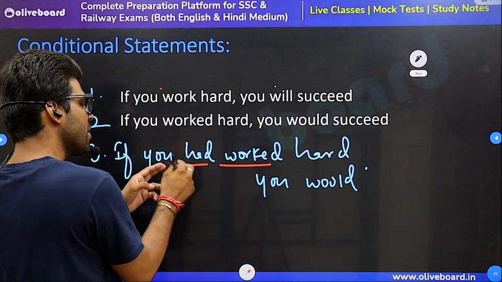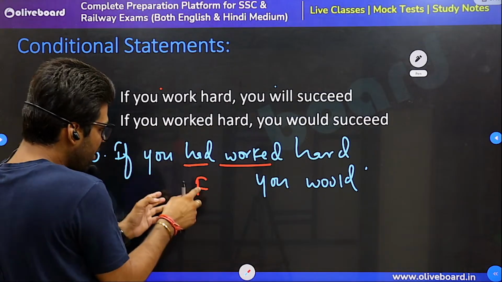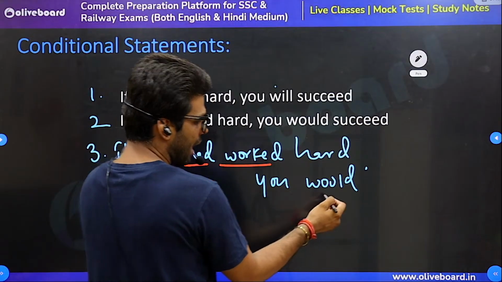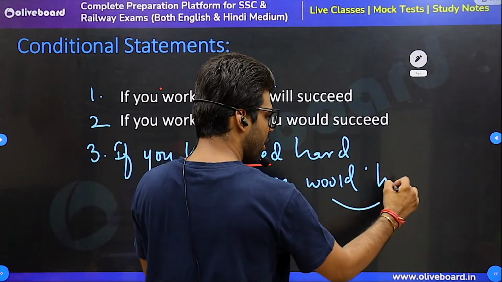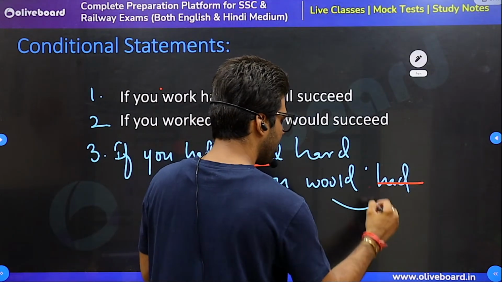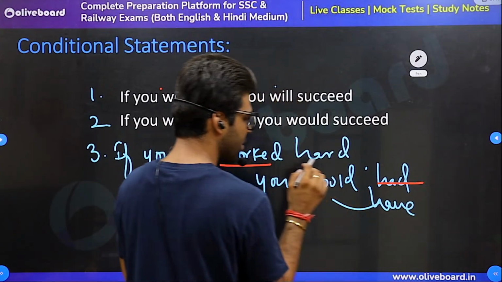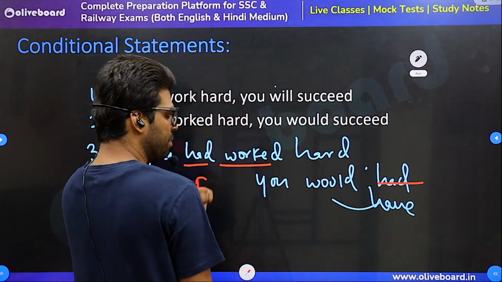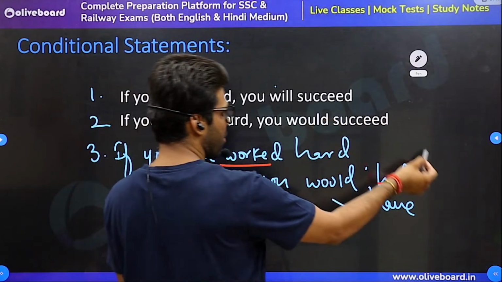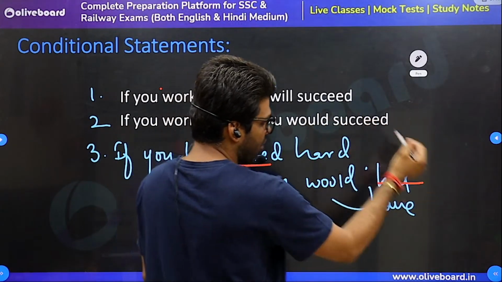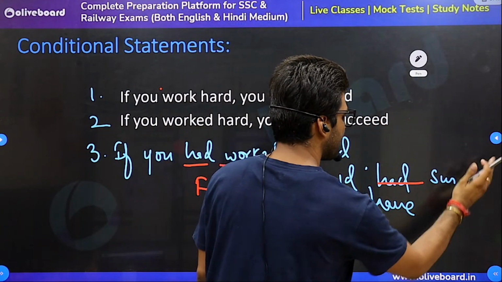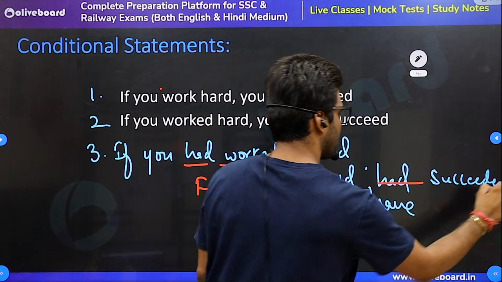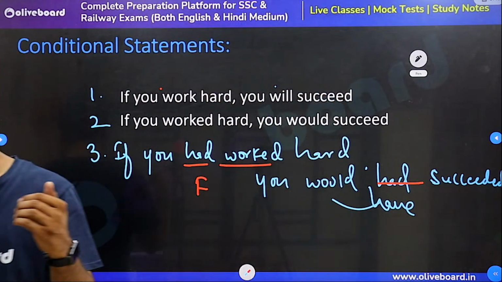But that was the finite verb here. It will be V2. We already have a V2, the past form of will, would, and models don't take a V2. So instead of had, we will be putting have itself. I repeat, this is V2, done. We can't have a V2 after model. They take a fresh form. And third form, third form. So the third form of succeed will be succeeded. And that's the conclusion. Doubts welcome, Amol.